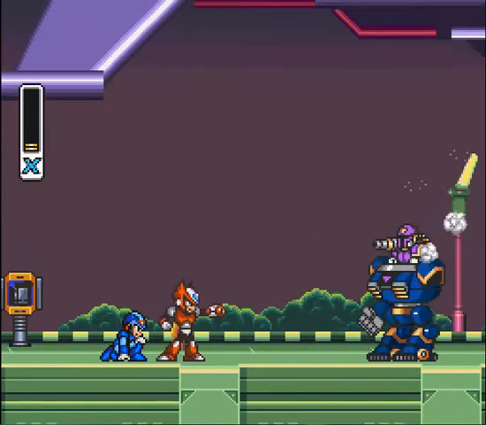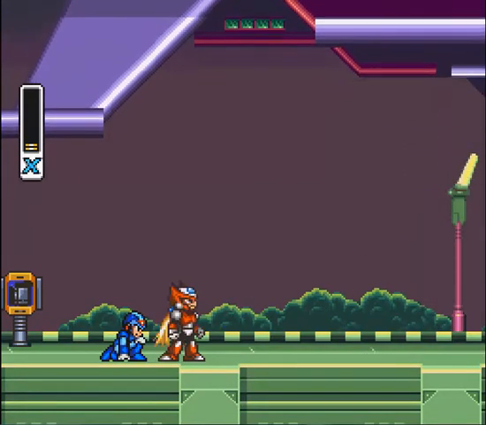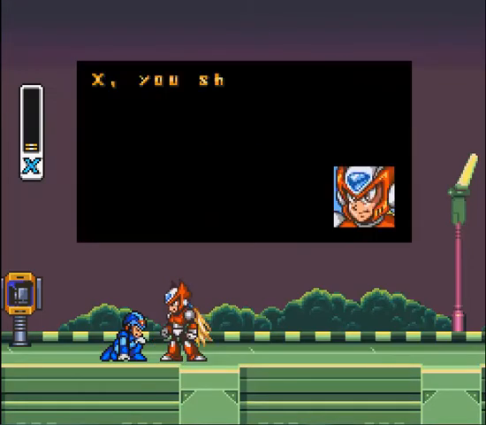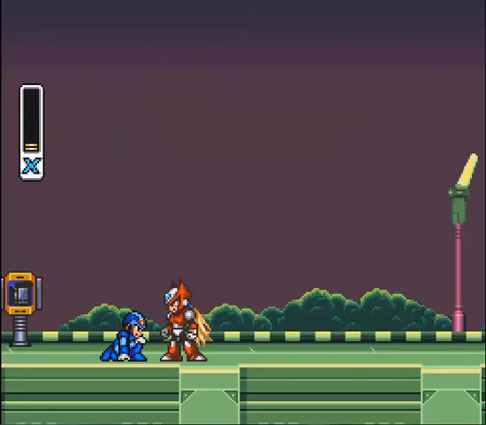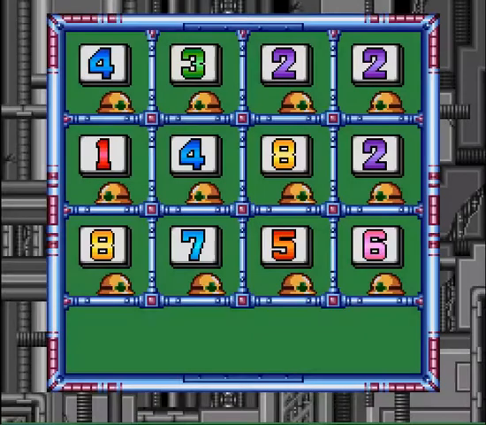And here we have Zero. Zero is our partner, although we can't play him until X3. But he pretty much just tells X that he's not strong enough to take on Vile yet, and maybe one day he'll be as strong as him. There's a password,